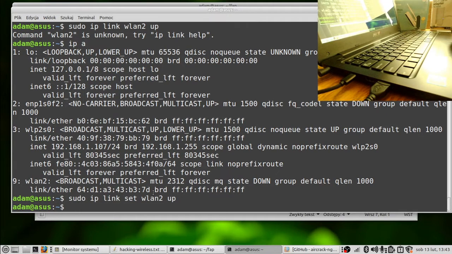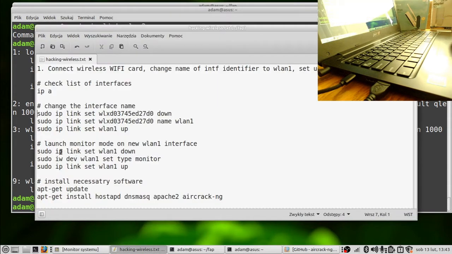Okay, the next thing is when you plug in the card, you need to configure it in monitor mode. To do that, the following commands are needed. Remember that this is the name of the interface that you have on your USB Wi-Fi card.